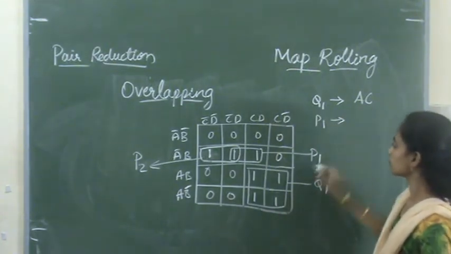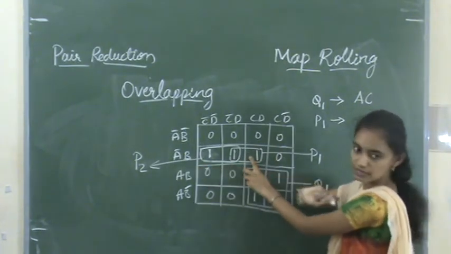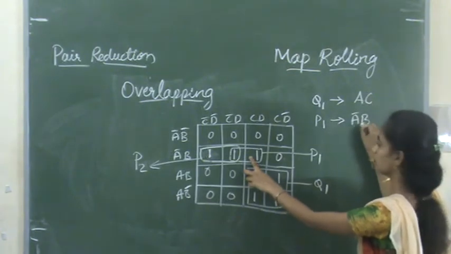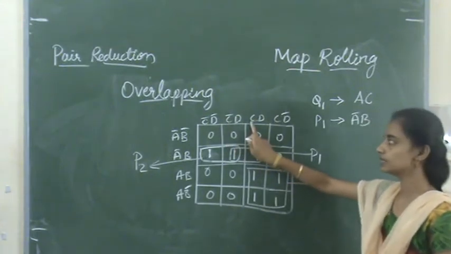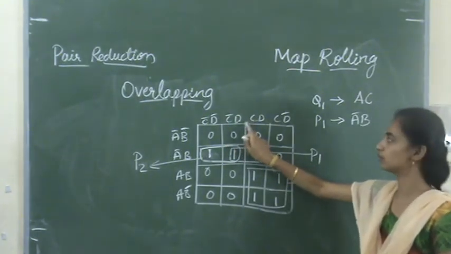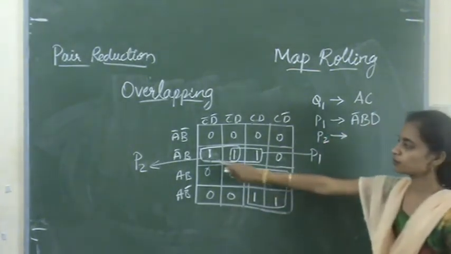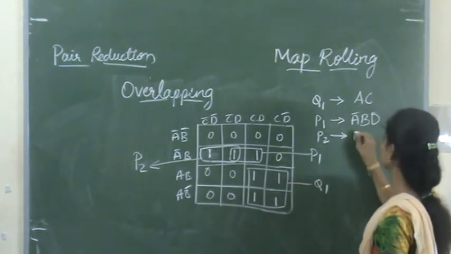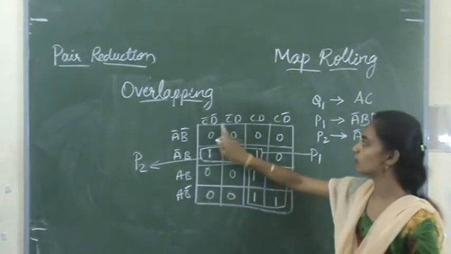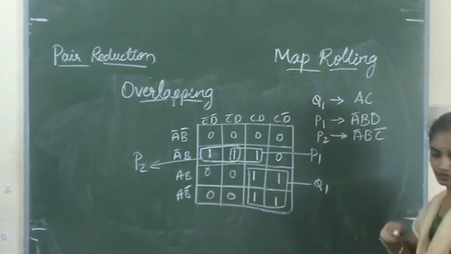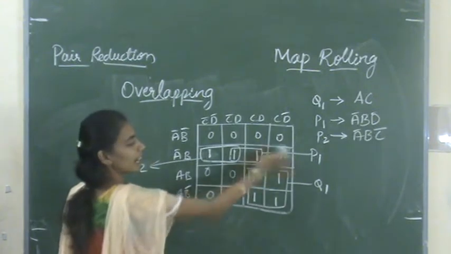Then pair 1. So what is pair 1? These two, right? So for these two ones, A bar B is common. So we have to evaluate these two. Here we have C bar, here C. So C bar becomes 1. Remaining is B. Then for pair 2, A bar B is also common. Then we have to evaluate these two. So if we evaluate, we will get C bar. Right. So these are the expressions after evaluating the quad and two pairs.